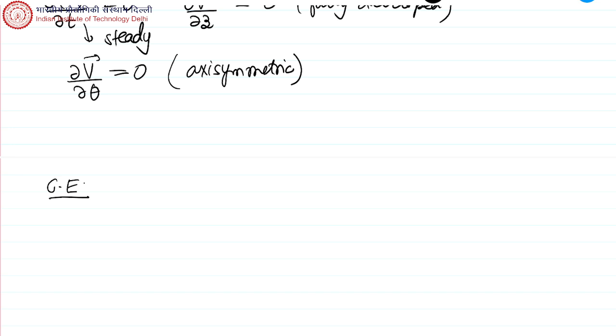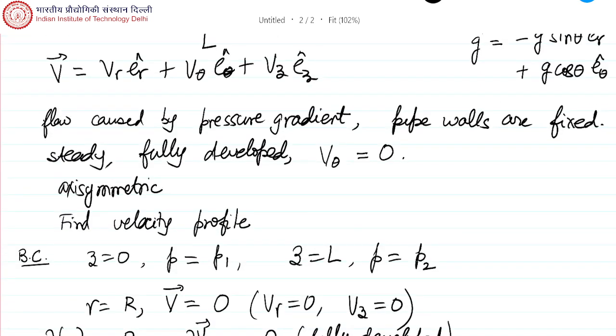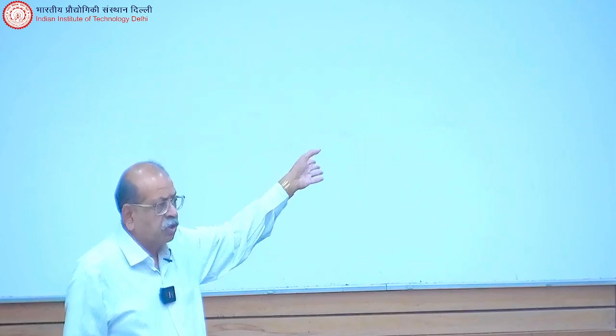And so the continuity equation, of course, here we will say the flow is incompressible, or we may say constant property flow. Constant property will say mu is constant, rho is constant, so incompressible is implied. So now the continuity equation is